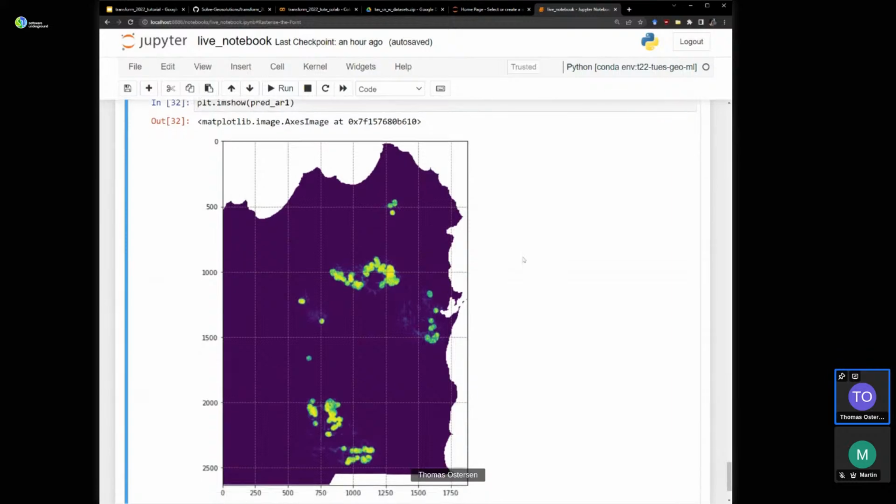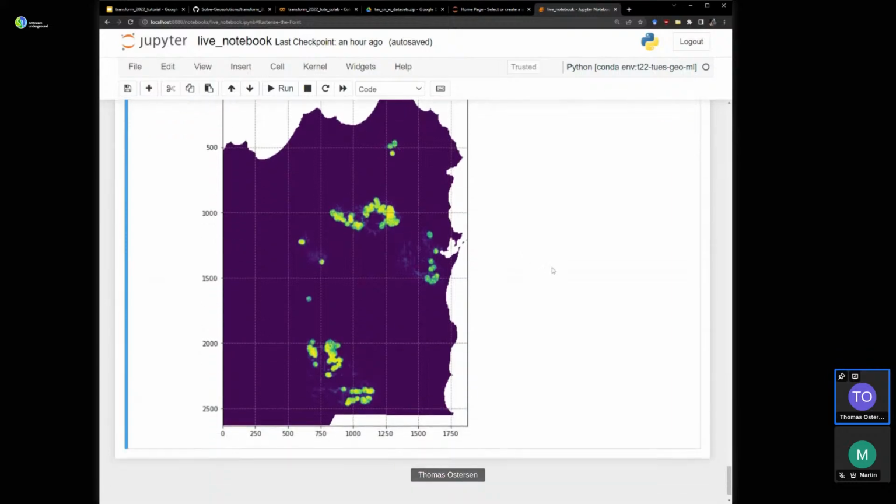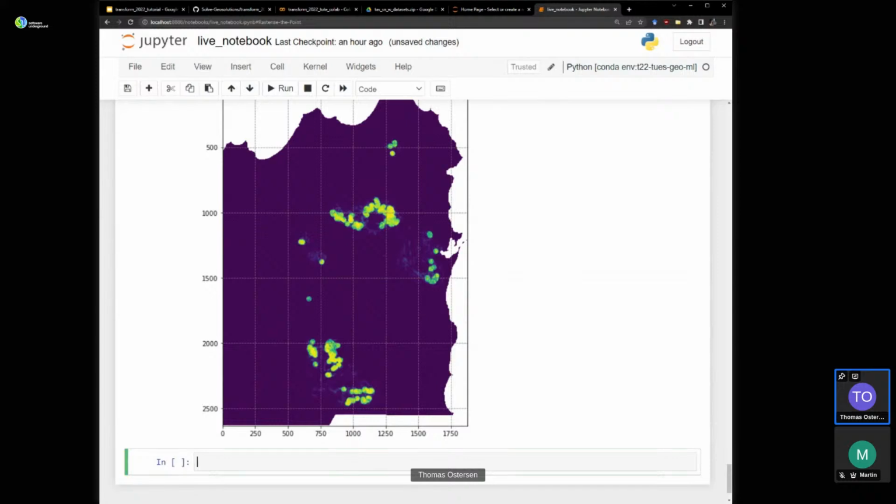So what we need to do is think about how we train this. We need to think about the classes that we're training the model on, and what we need to do to try and improve this is to stratify the classes. So let's go ahead and do that. When I say stratify, I mean we need to balance.